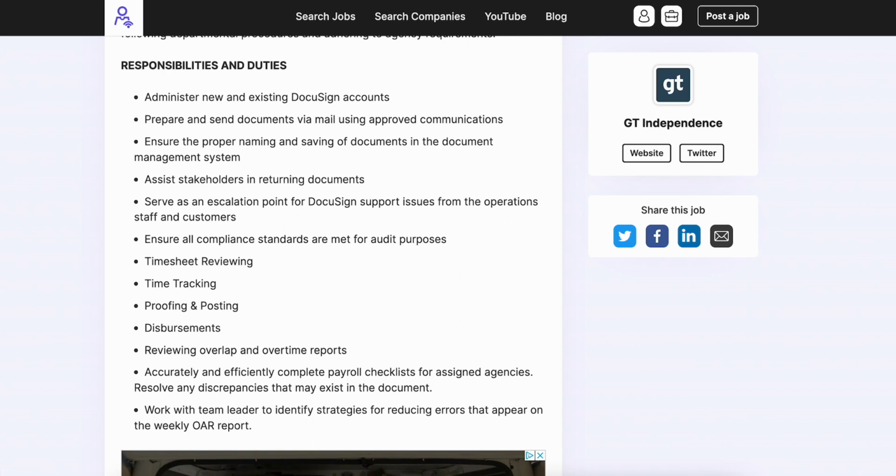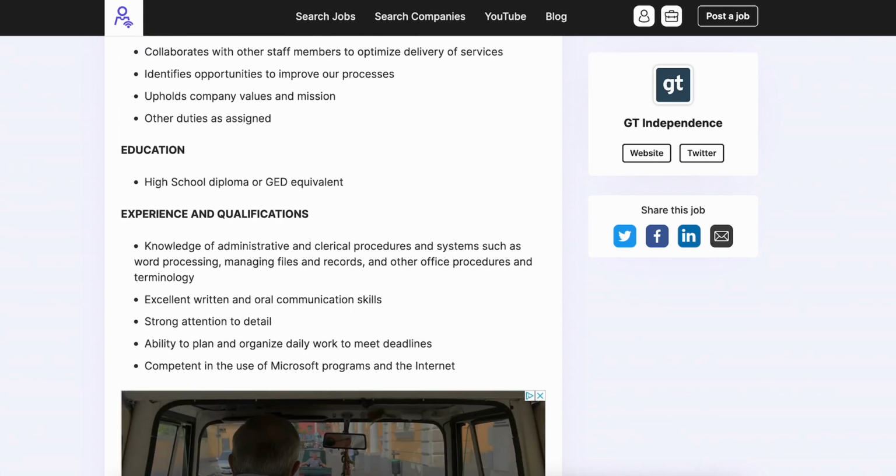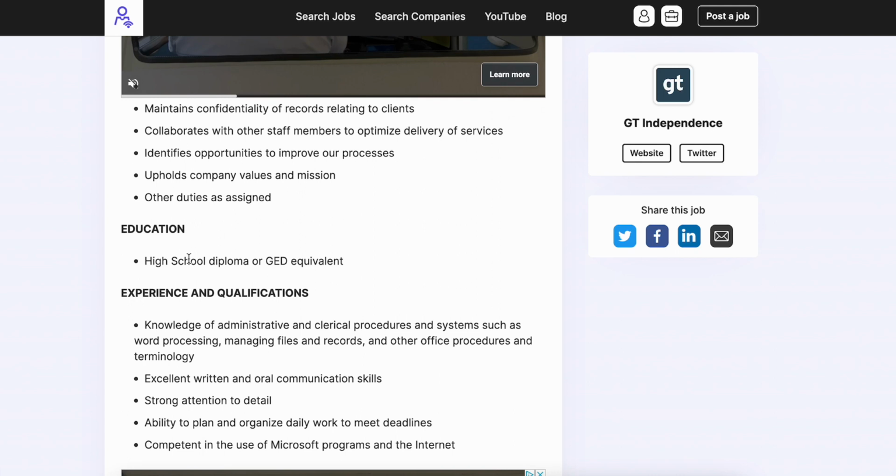All right. So some of the other things that you're going to be doing: timesheet reviewing, time tracking, proofing and posting, disbursements, reviewing overlap and overtime reports, and accurately and efficiently completing payroll checklists for assigned agencies, and more than that too. All right. As far as requirements, they would like you to have a high school diploma or GED